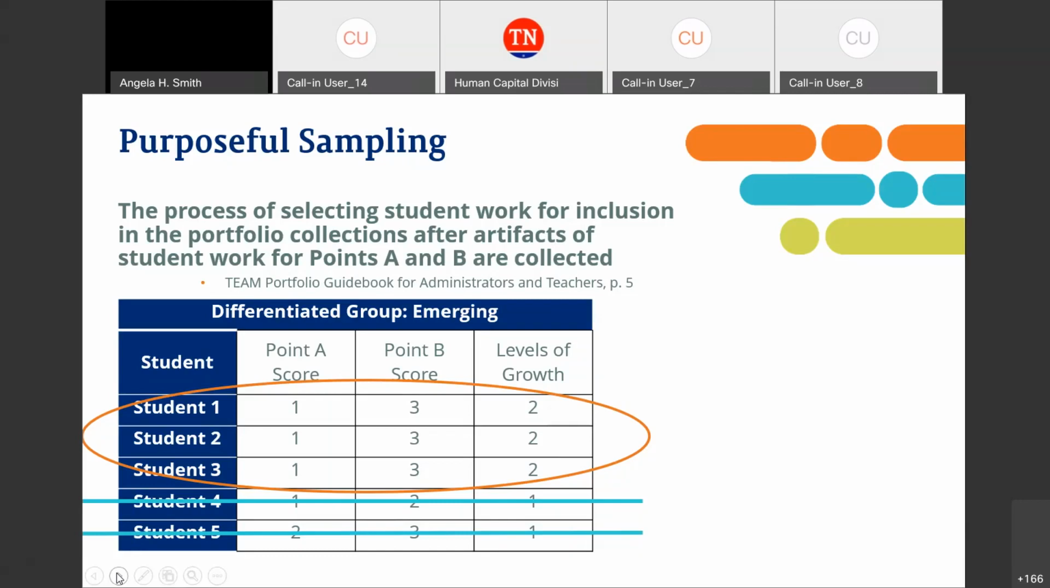For example, there are 5 students in the emerging group at Point A. 3 students grow 2 performance levels from Point A to Point B, and 2 students grow 1 performance level from Point A to Point B. The teacher should select a sample to submit in which the student grew 2 performance levels. The teacher will repeat this process for each of the other differentiated groups, proficient and advanced, within this one portfolio collection. The teacher will then follow the same procedure for selecting students for the other 3 portfolio collections using the